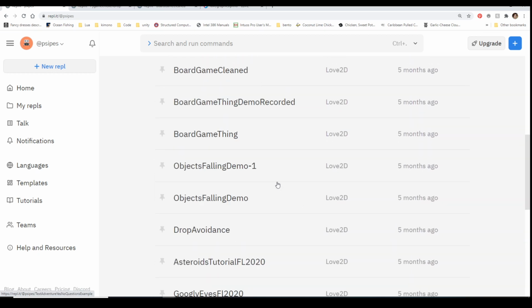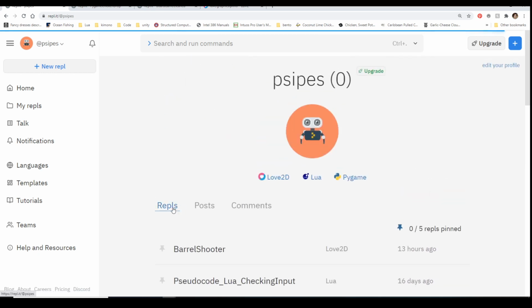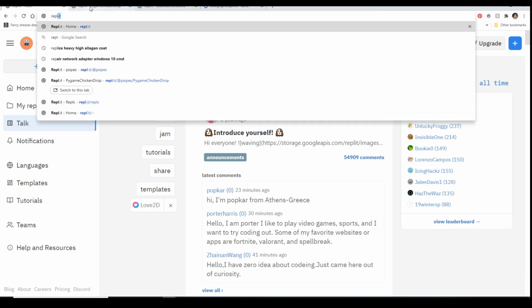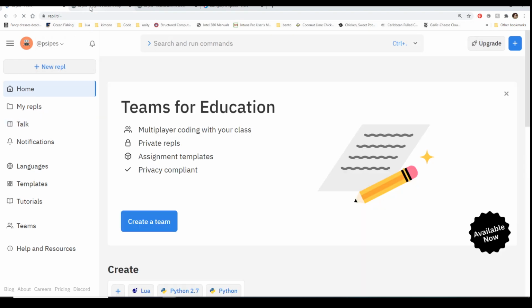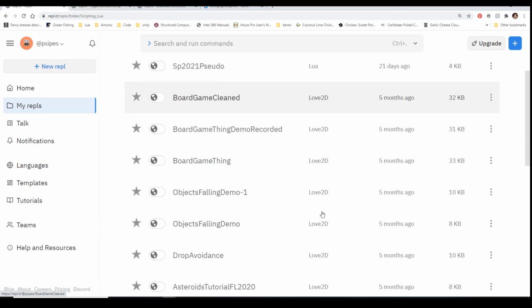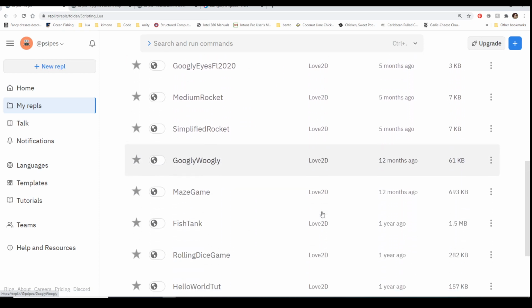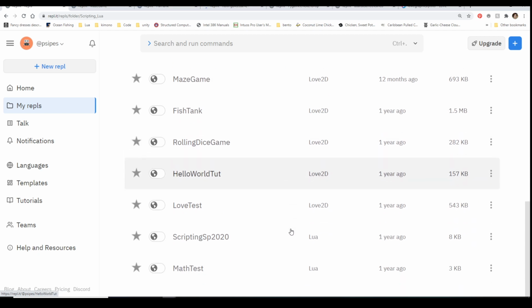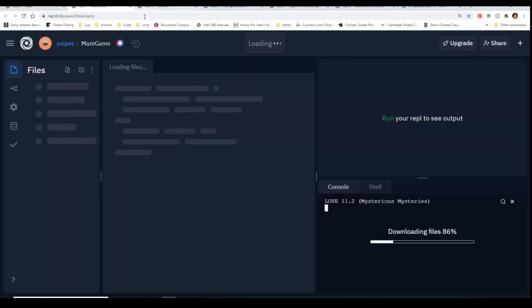There's one that's called a maze game. There's a fish tank. There's rolling dice. Those are the main ones.